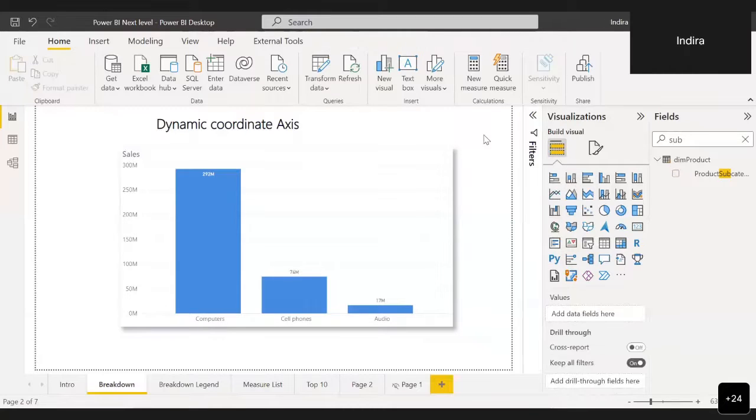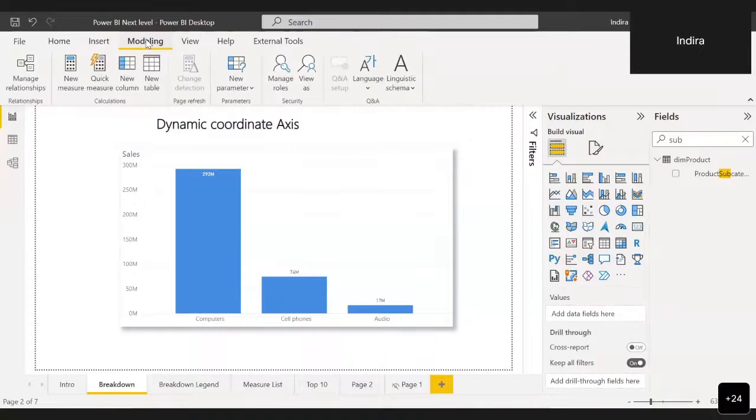In the Modeling tab, if you click on New parameter, you have numeric range, which has always been there, but there is also Fields in the menu. If you click on that,